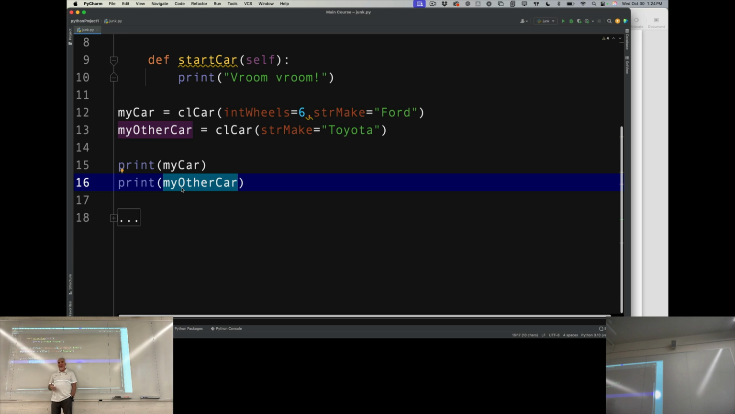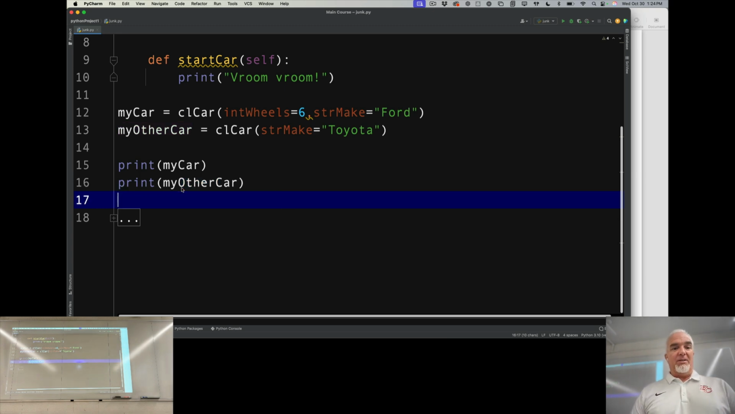But the problem with that is that now if I want to print information about all 100 cars, I have to use each individual variable name. That's a pain. But what I can do instead,